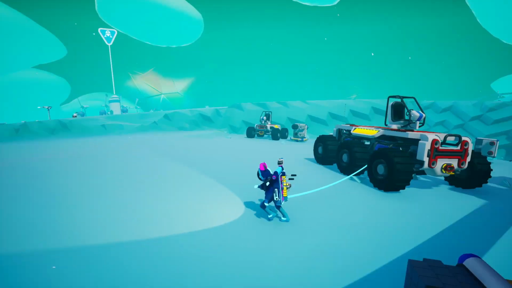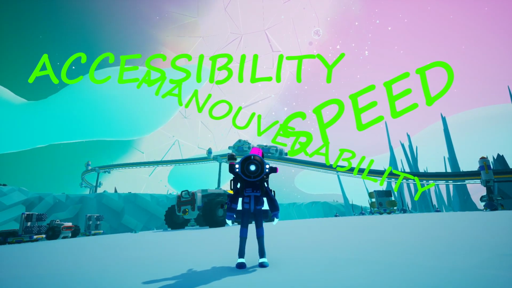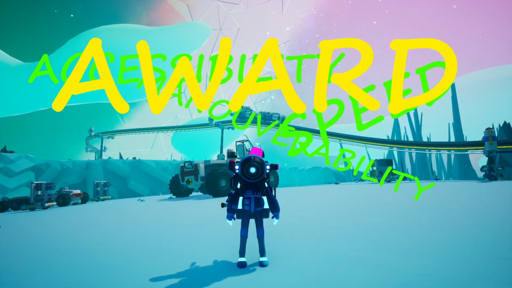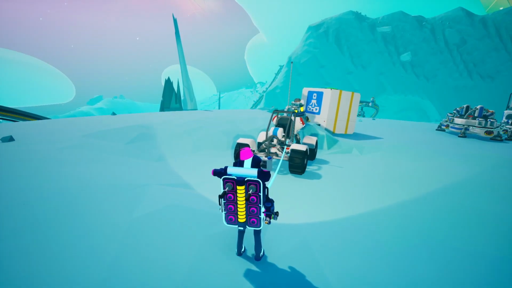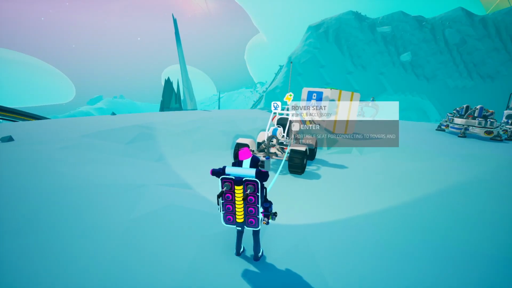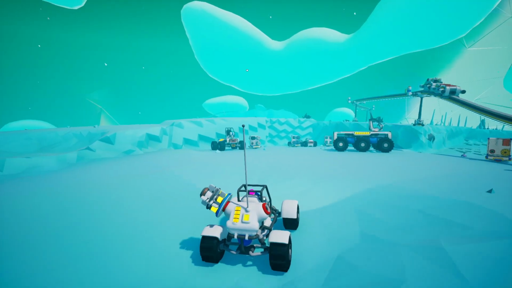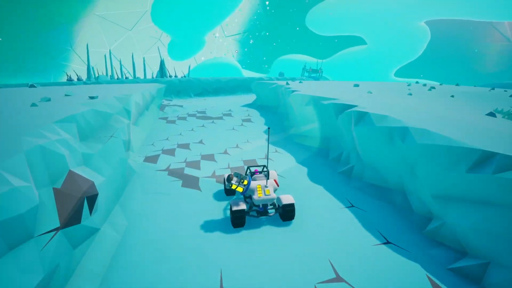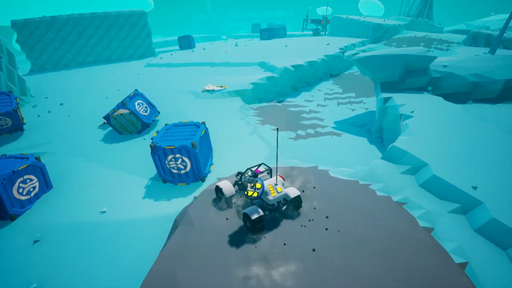Now let's move on to the next one, which is gonna be the award for accessibility, maneuverability, speed, ease of access, all of those. And this very weirdly titled award goes to the Buggy. Basically why I chose the Buggy for this award is because you can easily craft it early in the game. You don't need a ton of bytes to unlock it, and you don't need advanced resources to craft it. So this is easy to get, you'll get it pretty early, and you can use it to